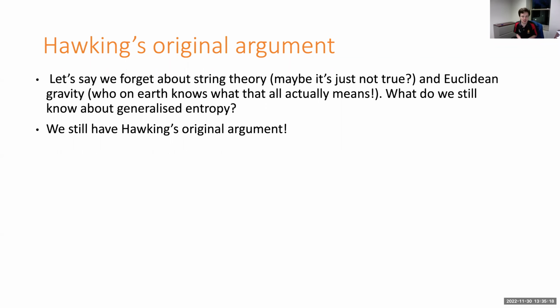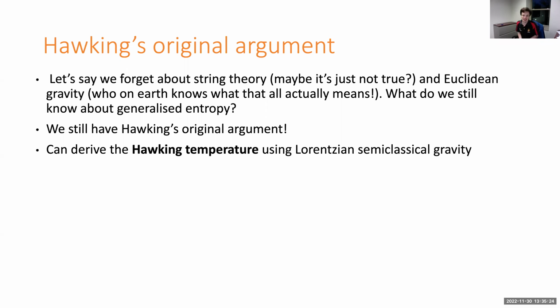Well, the answer is we do know something. We still know the original reason Hawking came up with A over 4G. You can derive the Hawking temperature of a black hole, you can derive Hawking radiation, just using Lorentzian semi-classical gravity. So you take G to 0, you do a QFT in curved spacetime calculation, and you see radiation coming out at a certain temperature. We also know the energy of the black hole, so then we can just plug in dE equals TdS, the famous first law of thermodynamics, the Clausius relation, really. And we find by solving that dS is equal to dA over 4G. That's just some maths you can do.